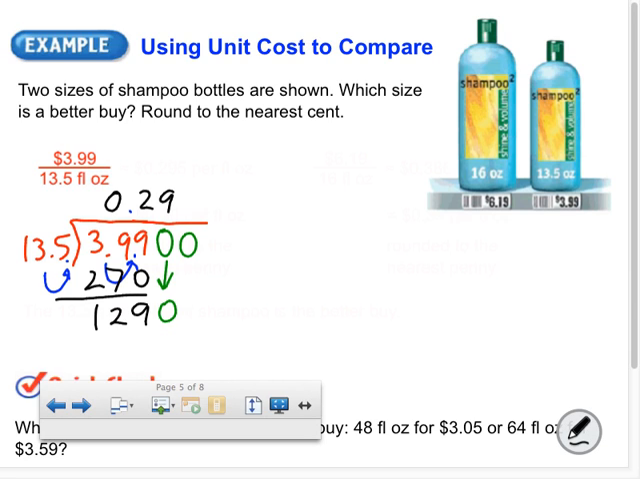What's 9 times 5? 45. So I got a 5 here, and then I'm going to carry my 4. What's 9 times 3? 27. 27 plus the 4? 31. Carry my 3. And then 9 times 1 is 9, plus the 3? 12. Okay, so